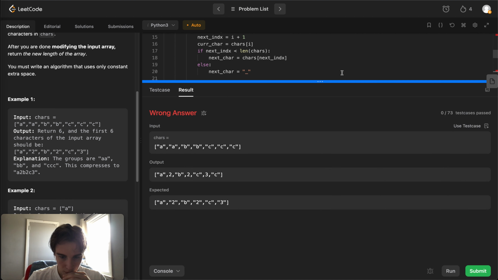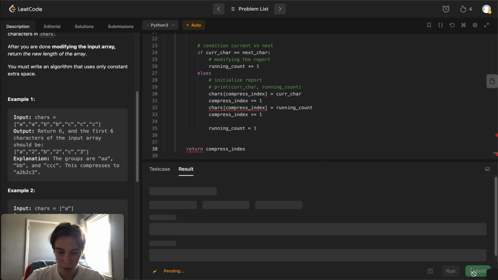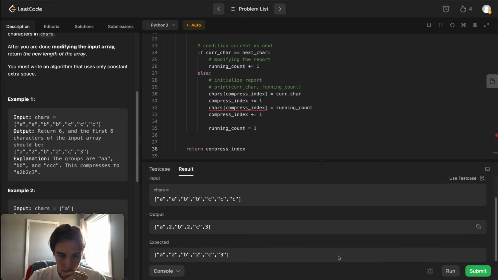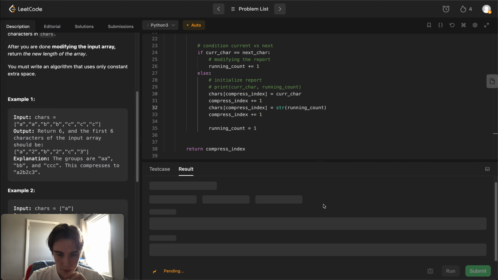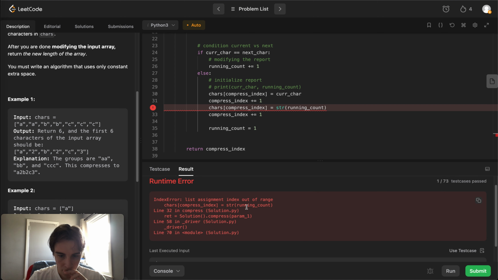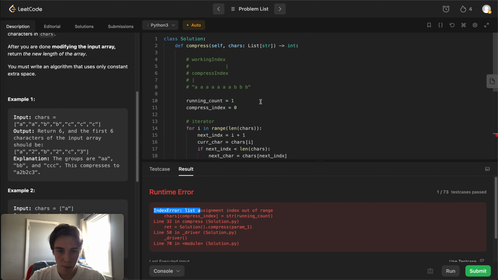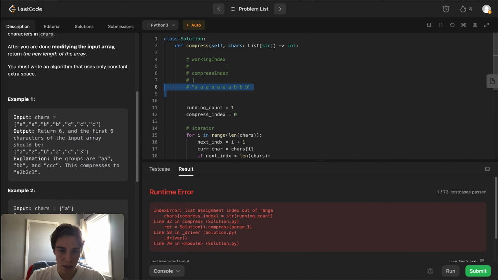Oh, and we also have to return the length of the new array. Okay, there we go. Oh, and these have to be strings. And the index assignment is out of range. That is probably because we need this weird condition that if